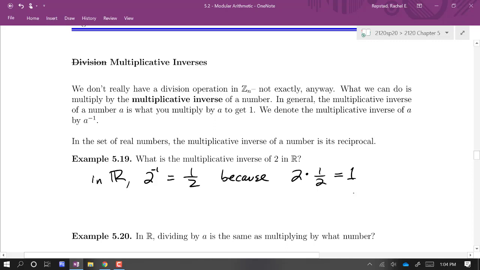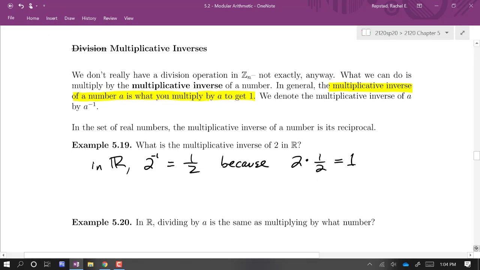When I multiply something by 1, I don't change it. So finding a multiplicative inverse means I want to know what do I multiply by to get back to that identity, to get back to 1. And so that's what is written right here. The multiplicative inverse of a number a is what you multiply by a to get 1. So in the real numbers, a multiplicative inverse is like,